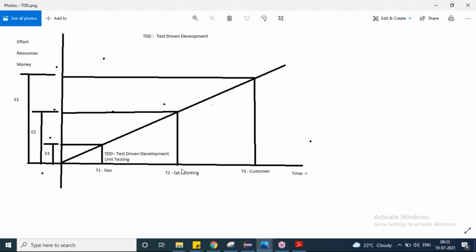And even though you recruited a QA team and they tested thoroughly, but they missed something, then what happens? It will go to the customer, right? If the customer reports it, already a lot of time has passed, and your development team might have dispersed. They have joined some other teams because you already pushed it into production, right? And then if a customer reports it, that has to come back to our team, and the development team has to review it, accept it, and it has to be fixed.